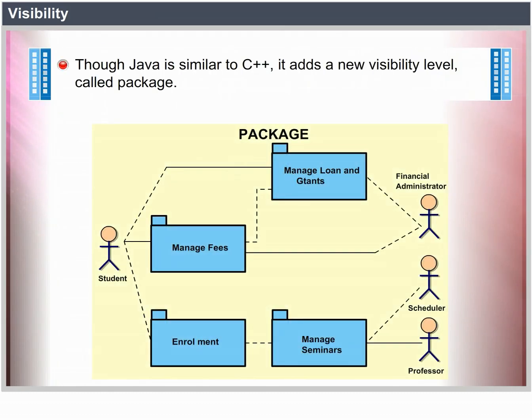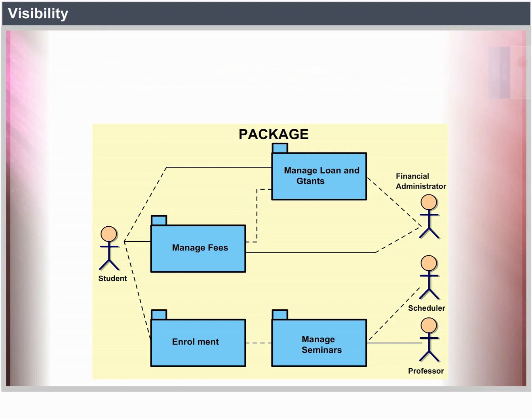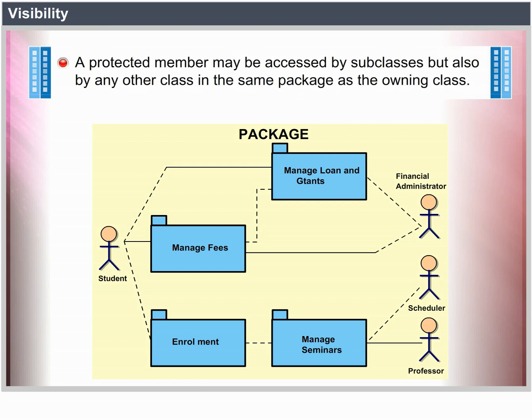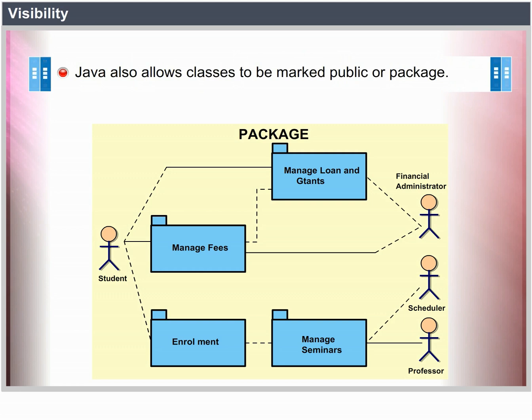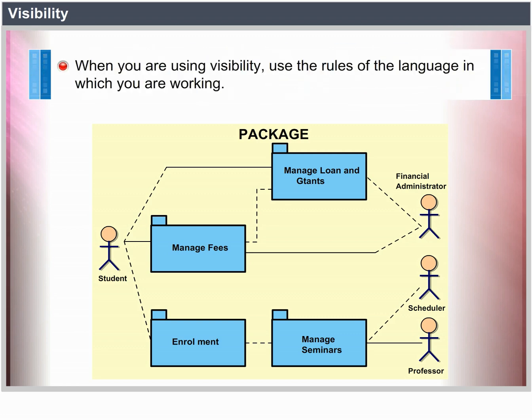Though Java is similar to C++, it adds a new visibility level called package. A member with package visibility may be accessed only by instances of other classes within the same package. A protected member may be accessed by subclasses but also by any other class in the same package as the owning class. Java also allows classes to be marked public or package. Public members of a public class may be used by any class that imports a package to which the class belongs. When you are using visibility, use the rules of